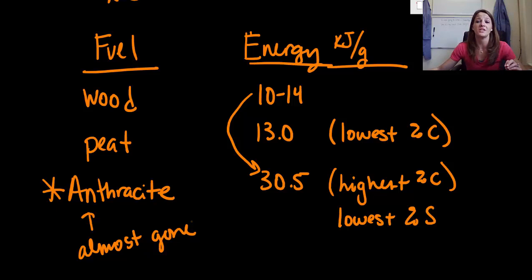So this is what you need to get from this video. A, coal contains a lot of carbon and not very much oxygen. And because of that, we are able to burn it or do a combustion reaction and release all of that potential energy that is stored within the bonds of coal. Coal is an amazing fossil fuel, and it's in the solid phase.